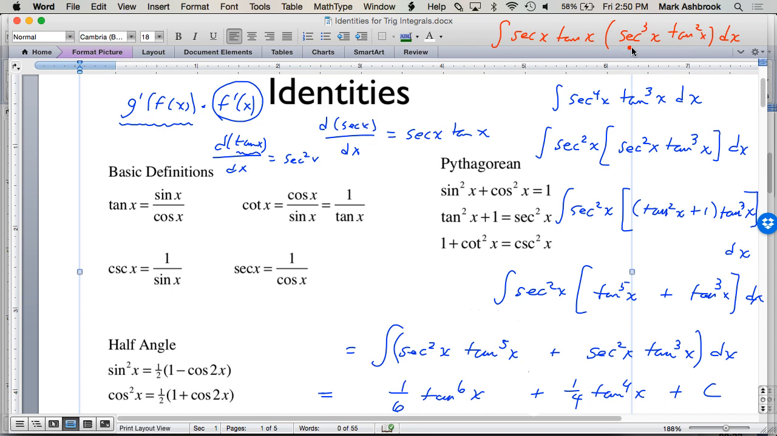Do you see that? Secant cubed times tangent squared, which is secant squared minus 1. The same thing would have happened. We got all secants in here, and now we've saved its derivative out here. So that would have been an alternate way to do it. Pull out a secant tangent and make everything inside there in terms of secant, which you also do by Pythagorean. Okay, so our